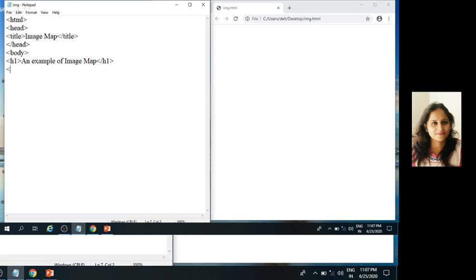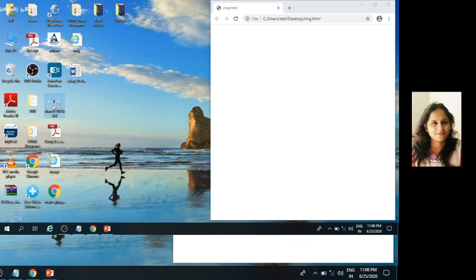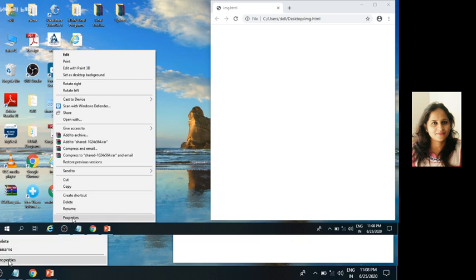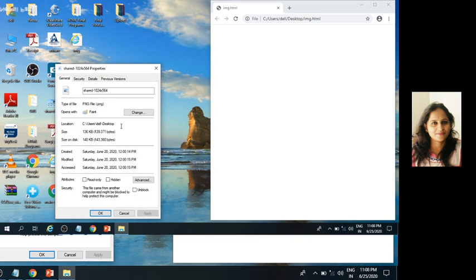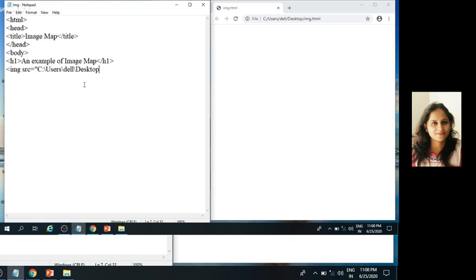Then img is used to insert an image. src is the location. Put the image here. Select any image, go to properties, copy the location, and paste here.